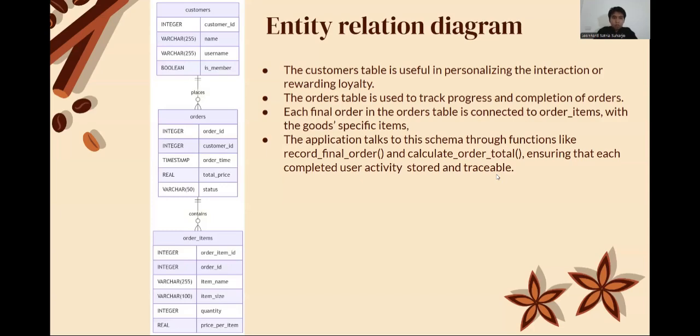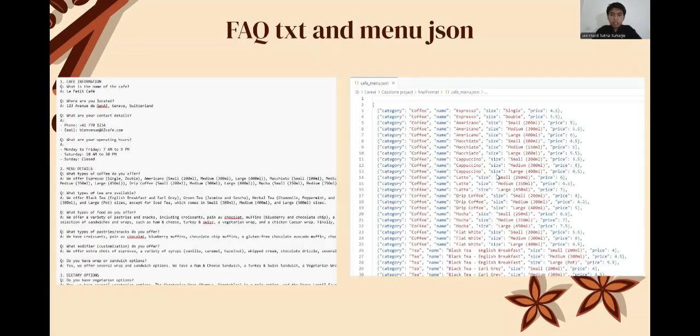And it also should be noted that we also have this system called FAQ.txt and menu.json. So in the code, which will be discussed next, we also used a FAQ.txt file, which is used as a guideline for the Gemini AI, for it to be able to answer the FAQ questions from the user. We also used another file. It's called menu.json,